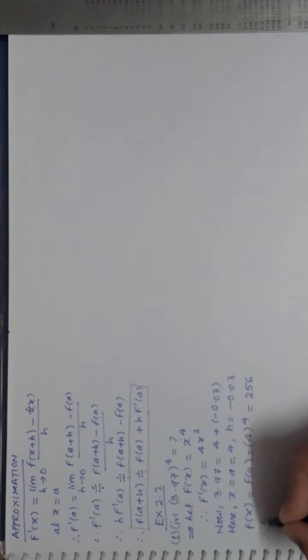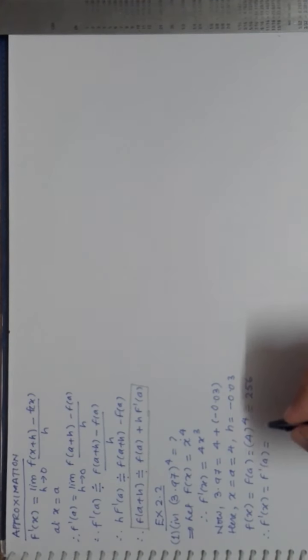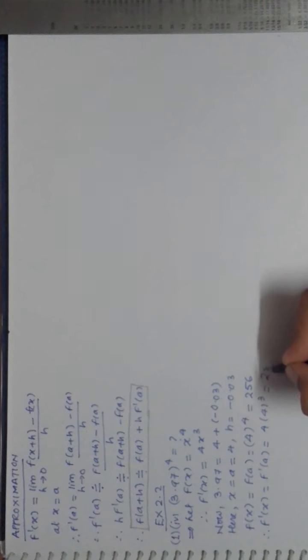And you can see in the formula you require f dash x also. So here your f dash x is nothing but your f dash a, that is nothing but 4 into x cube, that is 4 cube. Again that will be 256. What I am doing, see the steps. I will try to maintain the same steps in every question.